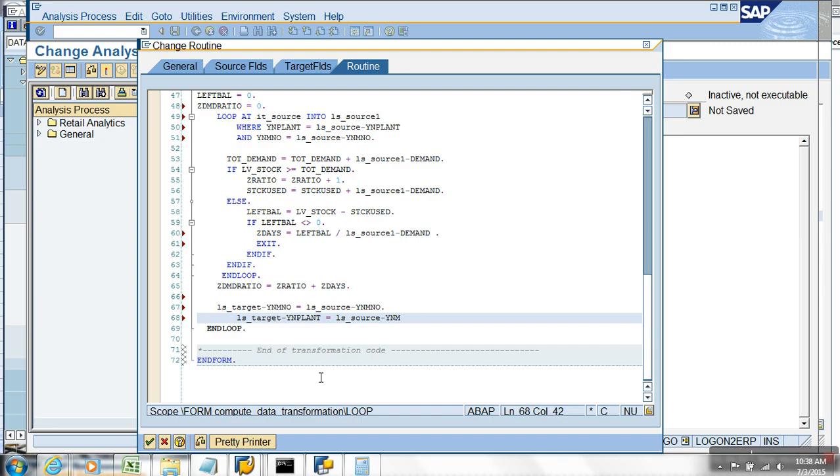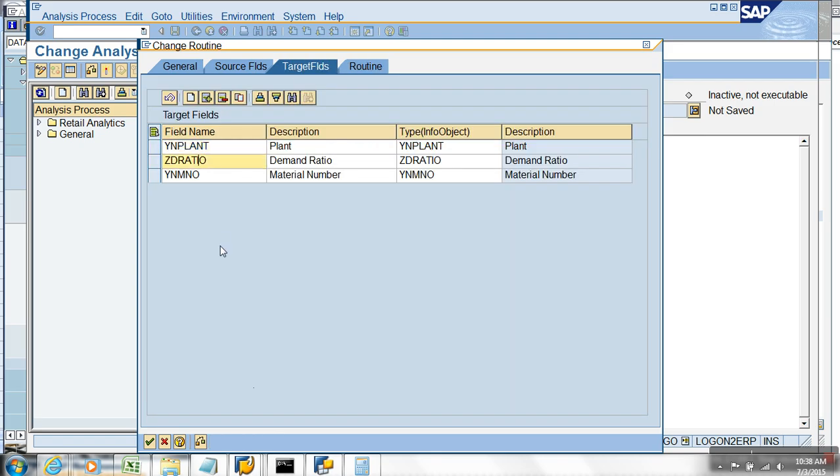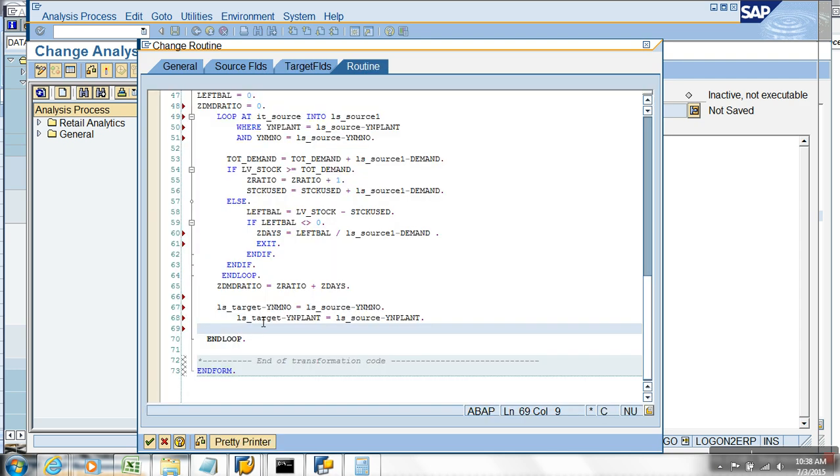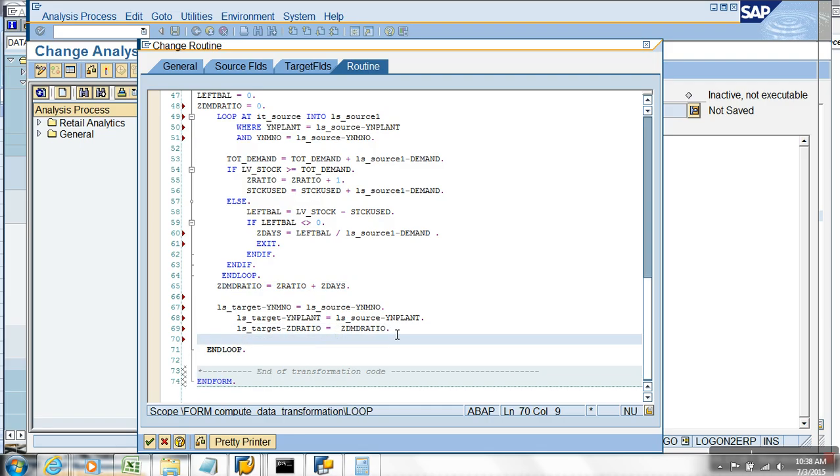Plant is equal to yn plant. The next, your field name is ZD ratio, so ls underscore target hyphen ZD ratio is equal to this. So you put that into the work area. Now I'll say append